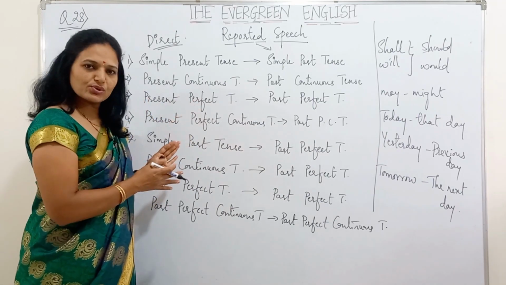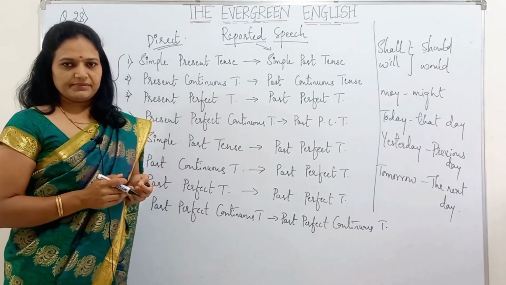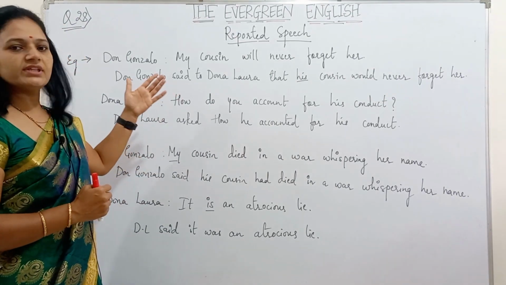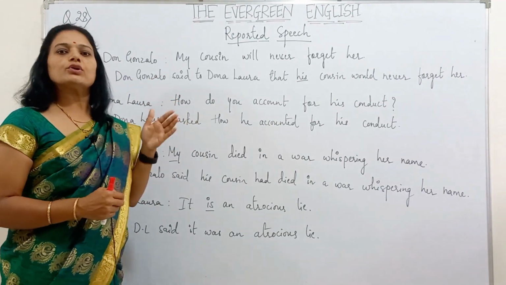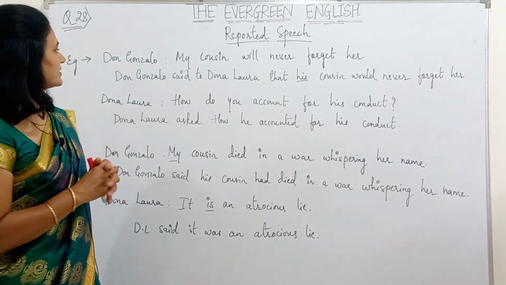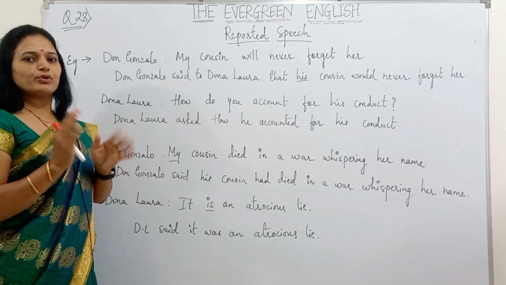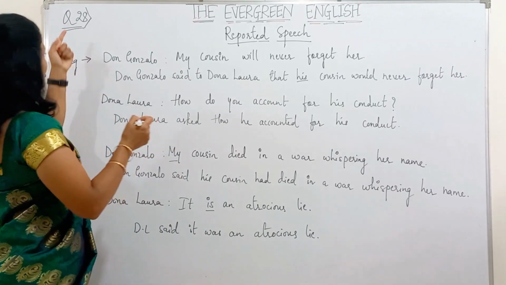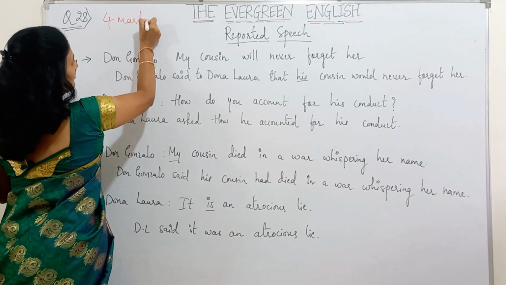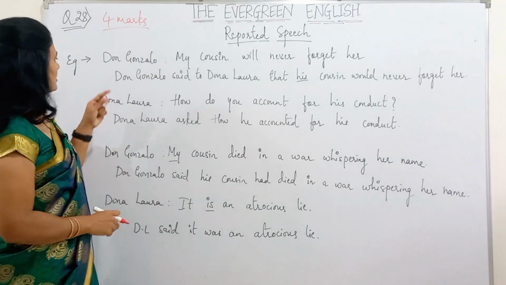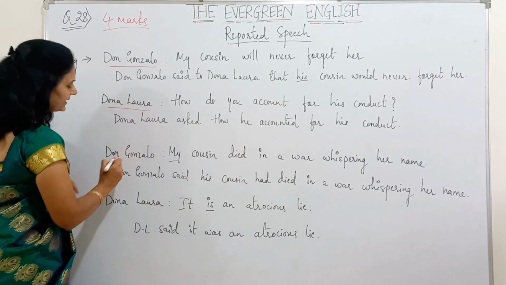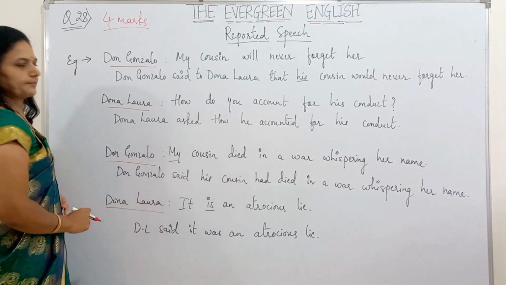Depending upon these rules, we'll move on with the example. Yes, students, I have written an example here. This is an example from your model question paper itself, released by the Karnataka State Board for PU secondary students. Question number 28, which carries 4 marks. So let's look into the example. It carries 4 marks and it has 4 sentences here.